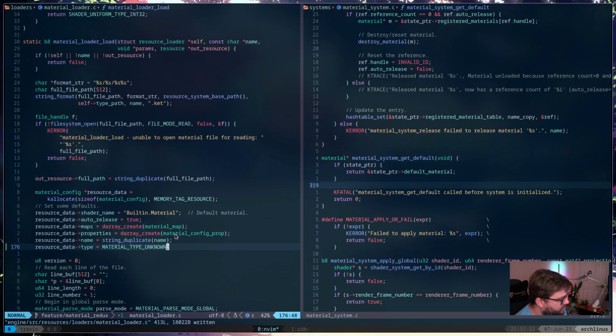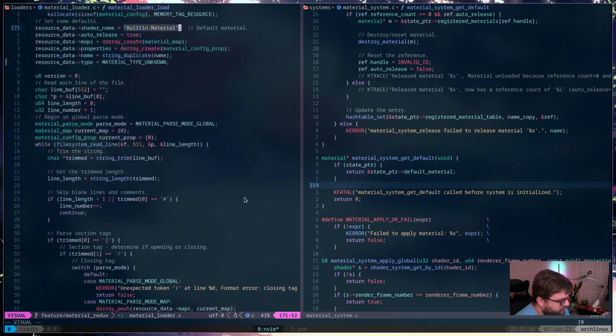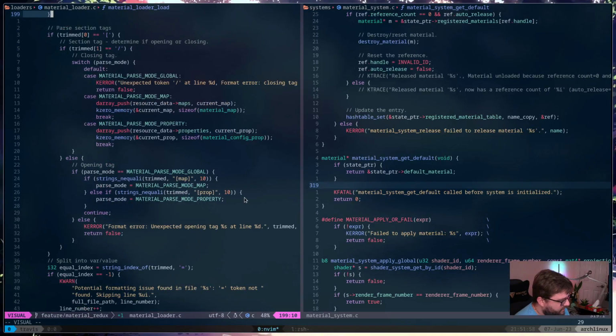Default material, let's see. Wait a minute though. Oh, this is part of the problem too. So resource data shader name is built-in material. And it's defaulting to that, which is going to also be wrong for UI materials.